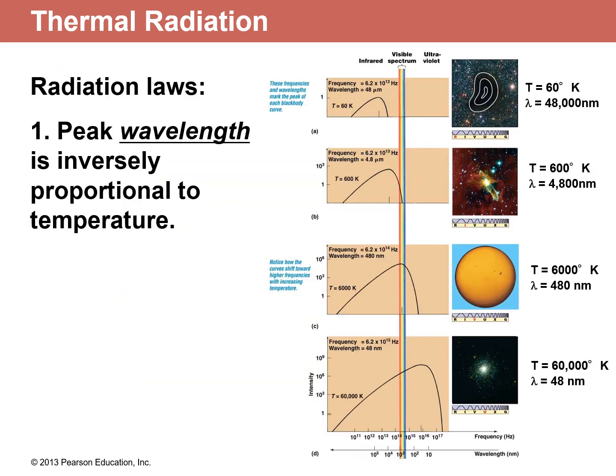Okay, here are 4 different black bodies, or 4 different objects at 4 different temperatures. The first is an object at 60 degrees Kelvin. 60 degrees Kelvin is relatively cold. Remember, 273 Kelvin is the freezing point of water, so this is well below freezing. So this is the spectrum, the radiation that would come out of an object at that cold temperature.